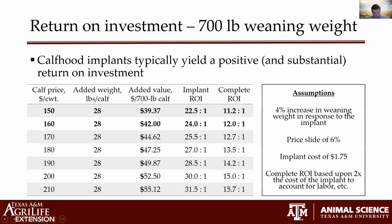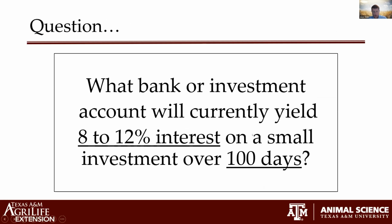And notice as I click through these slides, I've shifted where I expect those calves to fall in terms of price point, and included those in bold just so that they pop out and they're a little easier to see. So on the 700-pound calf, we're looking at a complete ROI of somewhere in the vicinity of 11 to 12 to 1. And so what I'd ask you is, what bank or investment account do you have access to that